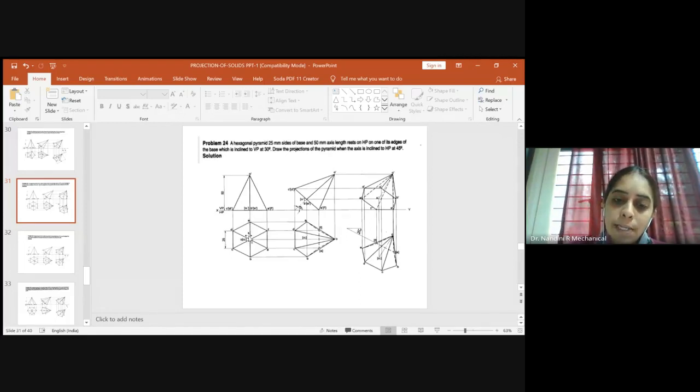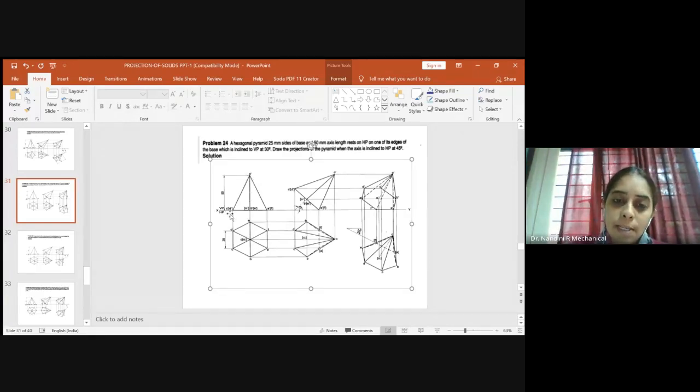Once you have completed this end, now we will go for the last corner. Here we have A and F coming along the same line. When the observer views from here, A will be visible and F won't be visible. So you will write it here as A dash, and in the bracket you will write F dash. And similarly, we have the center at the apex as O. So in the front view, it becomes O dash.